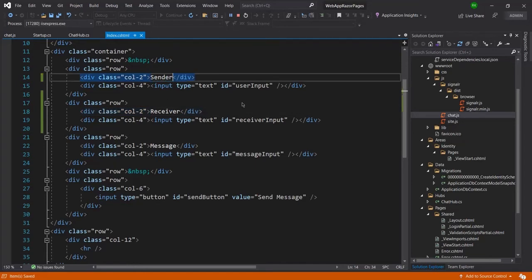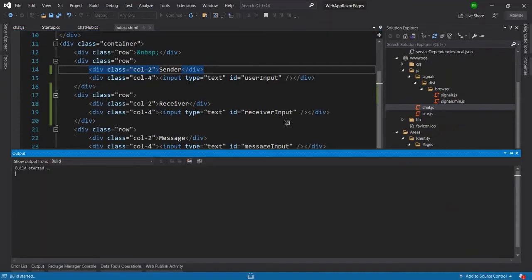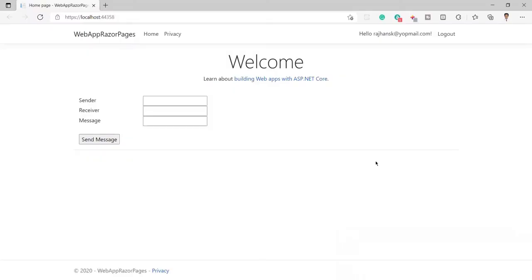Okay, I need to run this project again, so I have restarted this. So let's wait for running the complete project again. Now you can see I am getting the correct text here.